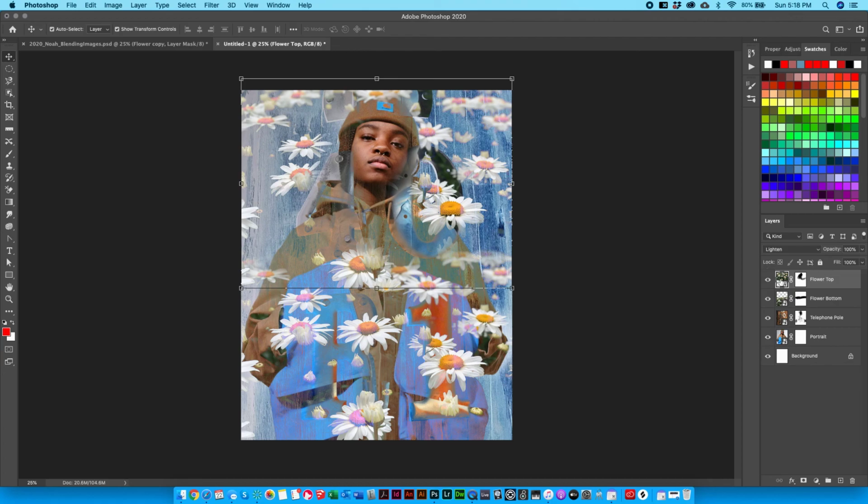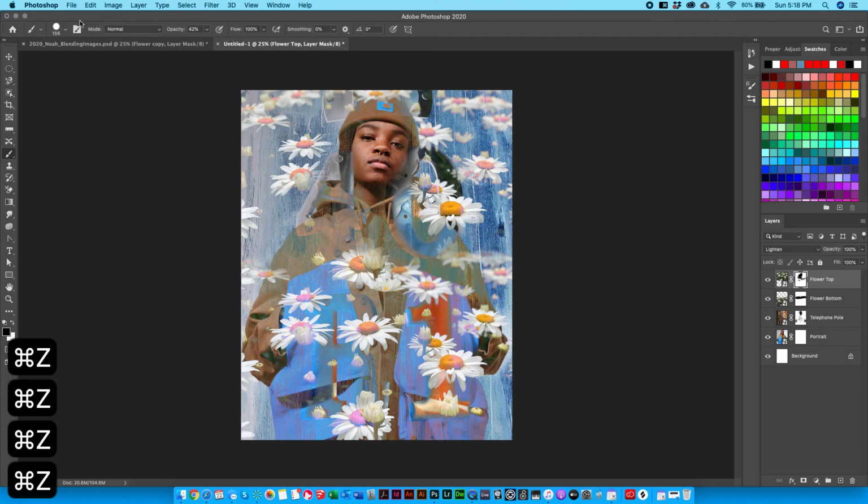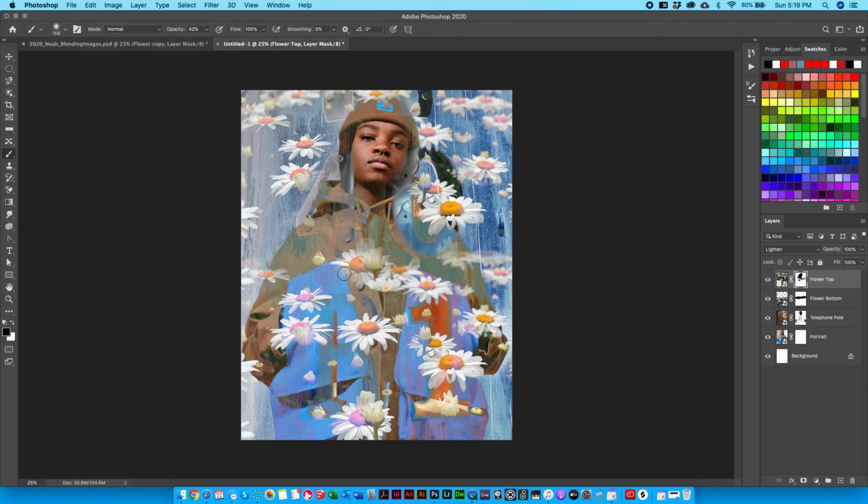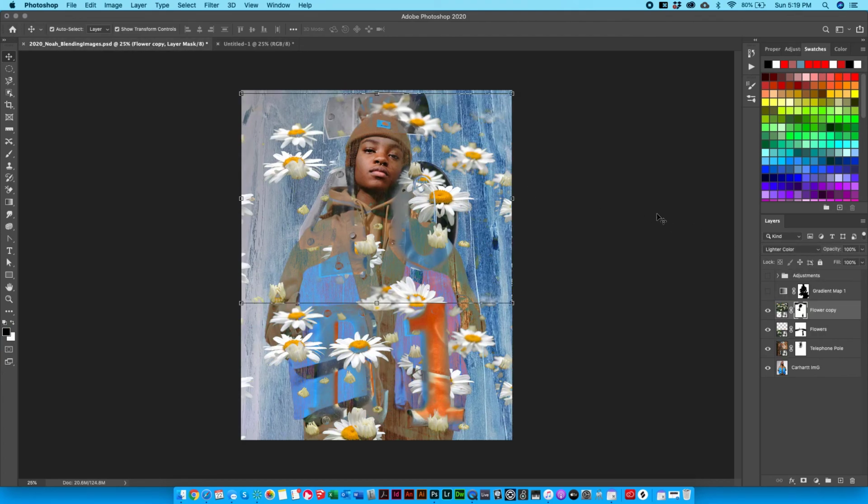See right here, edges are still going pretty hard, so I'm going to turn that to black and start painting in there. Remember, I have the opacity down and the softness down so it feels a little bit more natural and the edges are less hard. All right, so you're still like, no, this doesn't really look like it. Well,